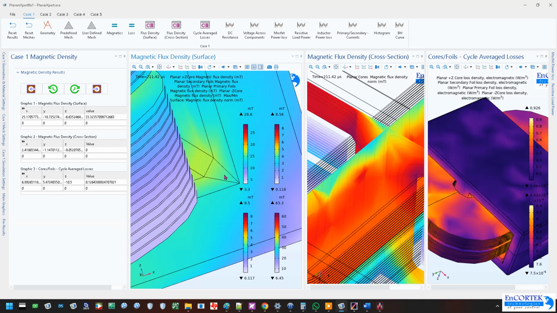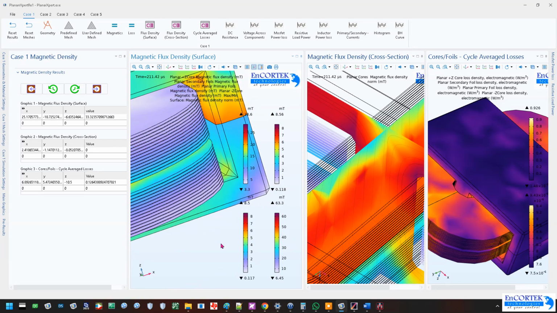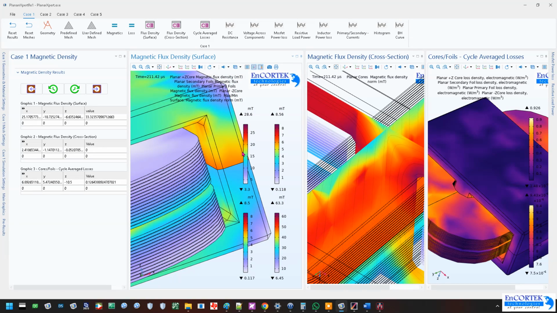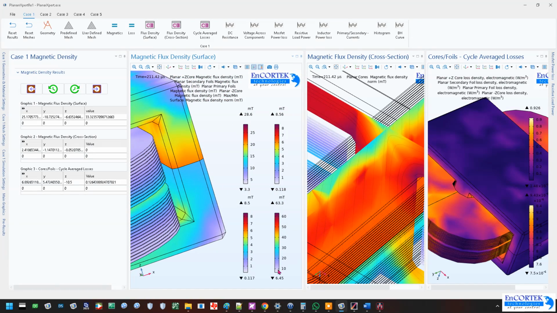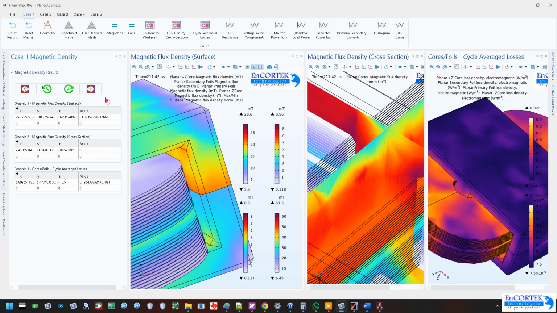Okay, I see. Yeah, because 33 is around here, so this core is this one and this south core here is this one, so more likely I